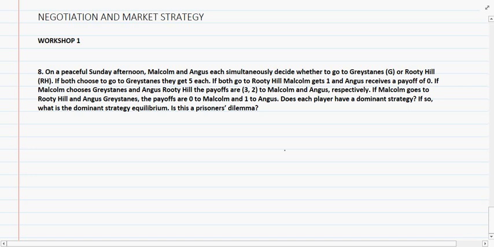If both of them decide to go to Rooty Hill, Malcolm will get 1 and Angus is going to get 0. If Malcolm decides to go to Greystones and Angus decides to go to Rooty Hill, the payoffs are going to be 3 and 2. If Malcolm decides to go to Rooty Hill while Angus decides to go to Greystones, the payoff is going to be 0 and 1. Okay, so they're asking you whether each of the players has a dominant strategy, and if so, what is going to be the dominant strategy,